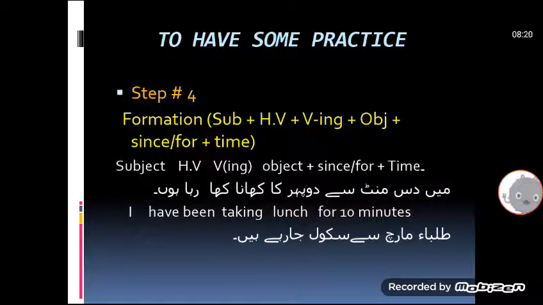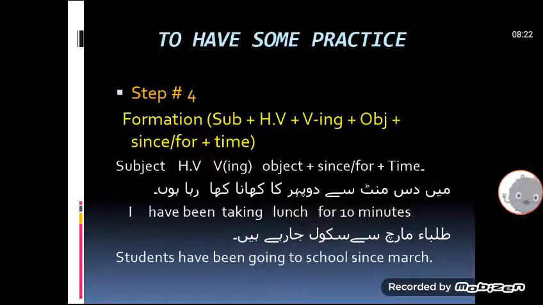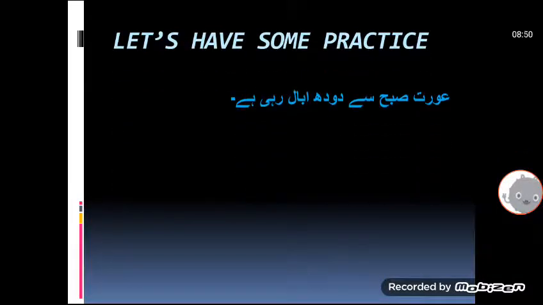Clear? तलबा मार्च से स्कूल जा रहे हैं। Students have been going to school since March. Okay, now you can see here subject, subject की जगह पर है, helping verb, have been, and verb, taking, ing, and object, now you can see lunch, and for, because of, period of time, and time 10 minutes. क्लियर? सेम जो है ना नीचे वाले सेंटेंस के साथ एरोज आप मैच कर सकते हैं।